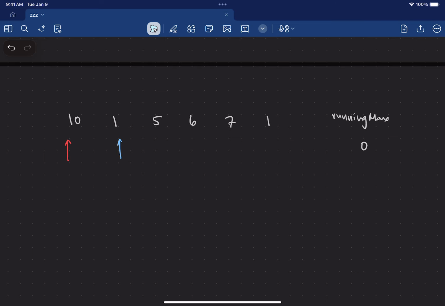And anytime we get a 0 or higher profit, we'll move the right pointer over. Okay, so when we start this, negative profit, 1 minus 10, right? Slide this guy over, 0 profit, so we slide this guy over. Now we have a profit of 4, profit of 5, profit of 6, and then we get a profit of 0, and that actually means that we've